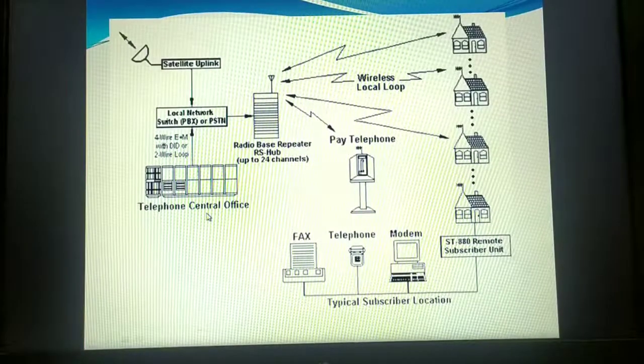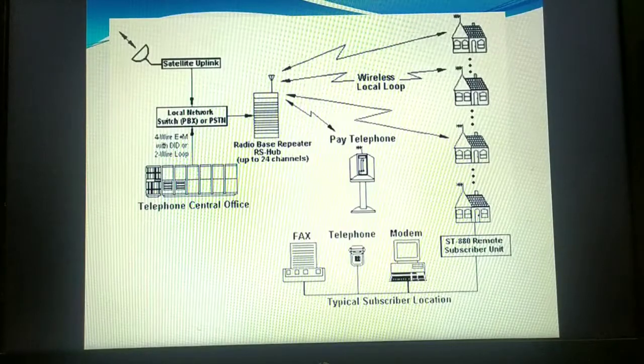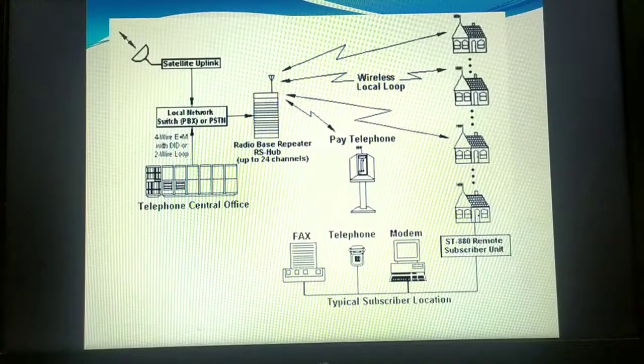Now, in short, instead of saying wireless local loop, I'm using WLL. WLL is meant to serve the subscribers at home or the offices. Anybody who has landline phones at home or offices, in order to provide the service to them, this WLL is serving the subscribers. Subscribers are nothing but the customers, customers at home or offices.